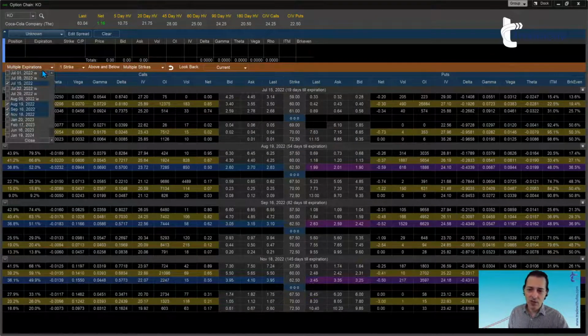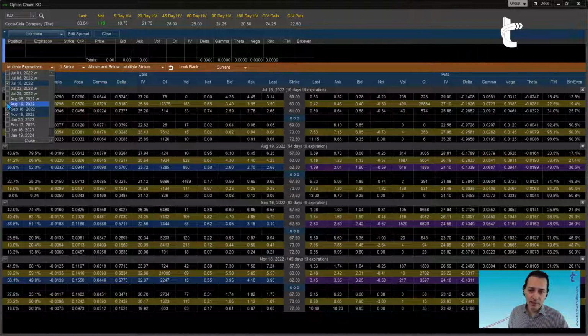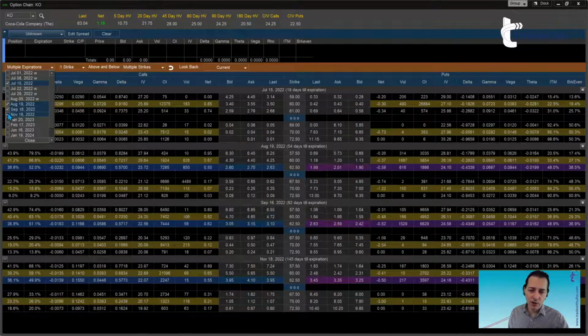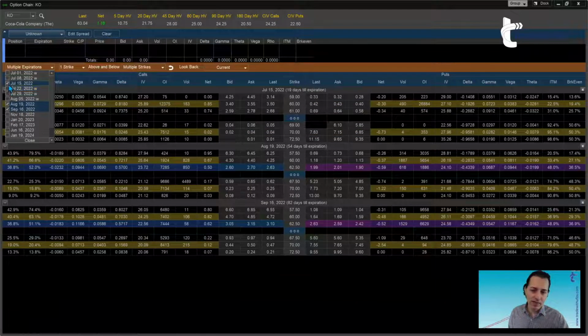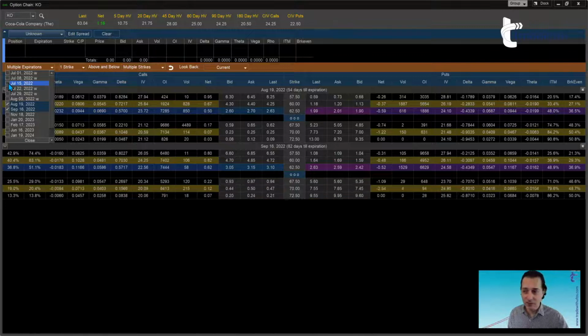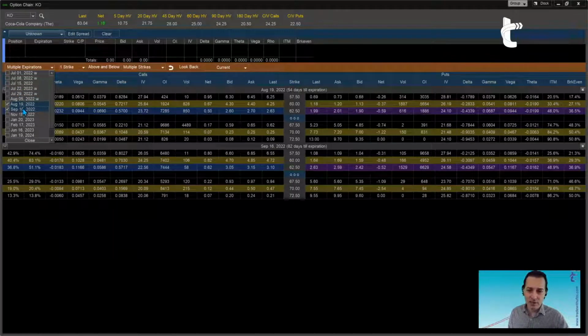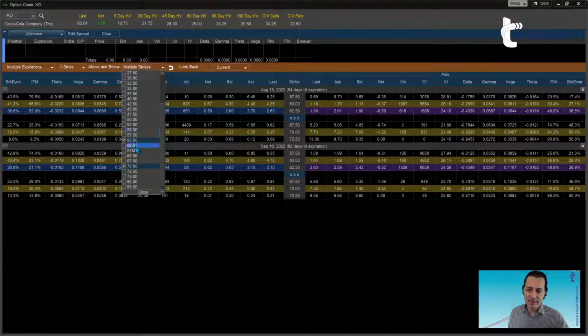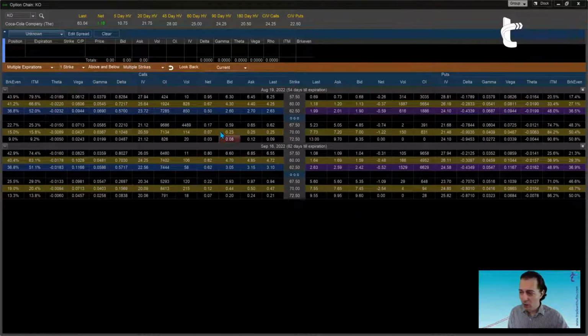And your rules on how to do bull call spreads: either you use the next month, or the next month after, or the next month after the next month, which is August and September. So maybe that's all you do. So now you've got the expirations you want. You've got one strike. You selected 60 and 70 because 60 is your entry, 70 is your target. And now it's all highlighted for you.